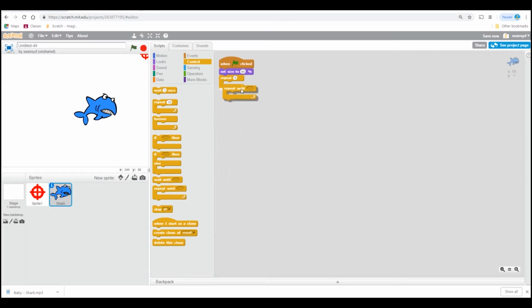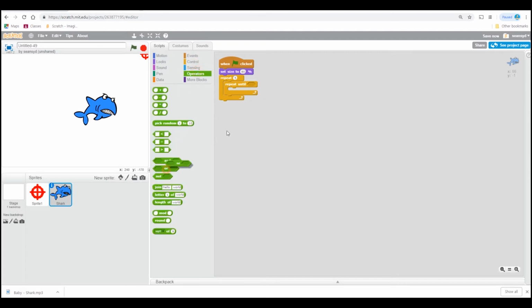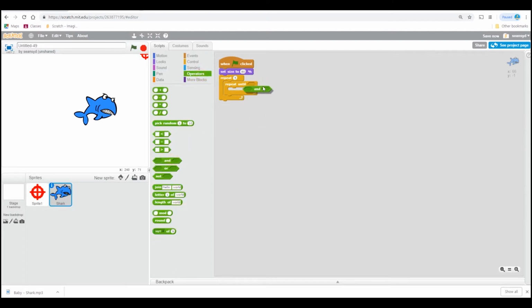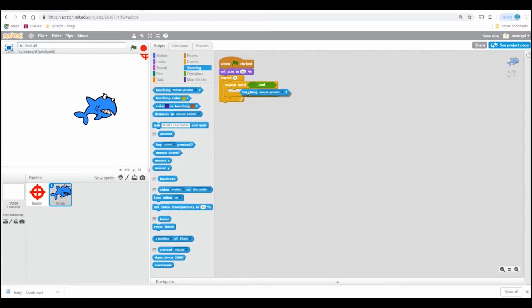Repeat until touching, no, actually, touch this block because we're gonna do like this. Repeat until touching mouse pointer and mouse down. What this means is that the mouse pointer has touched the shark and clicked it. But as you can see, look, the target is supposed to be at the front, but it goes behind. Always new sprites are at front, so